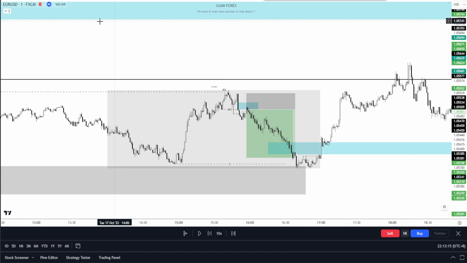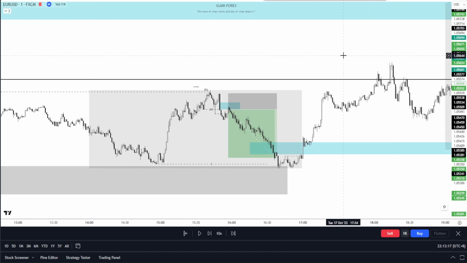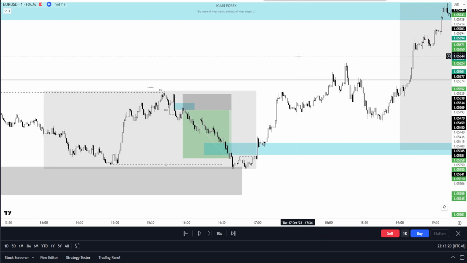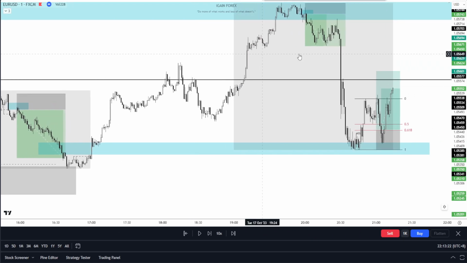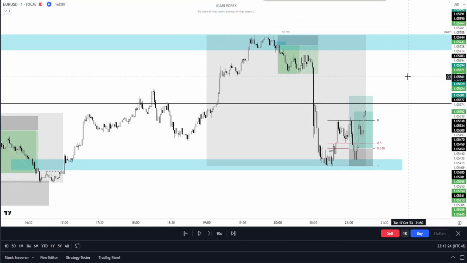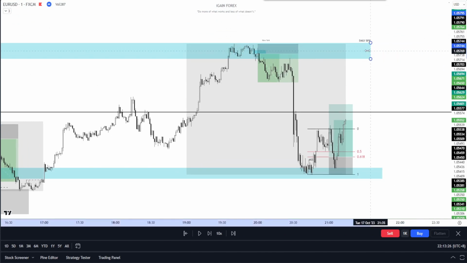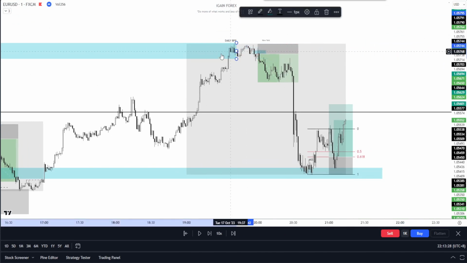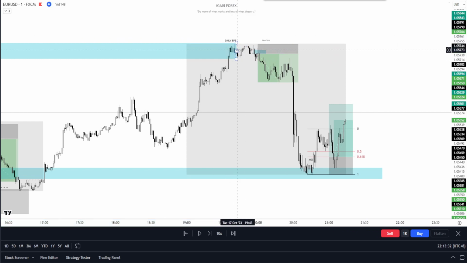Okay, so for our next trade in New York session, here. The price reacted on this daily balance price range. If we look at this daily time frame,